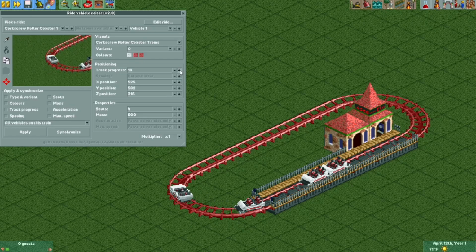For both of these values, you can increase or decrease them to push the vehicle to anywhere along the ride's layout. You can spread out the cars here as much as you like, but note that it probably will have some weird effects on a ride that's in motion, so be careful not to blow anyone up.